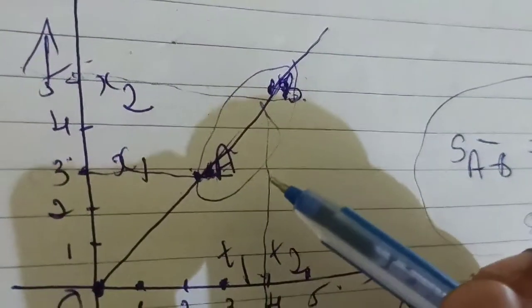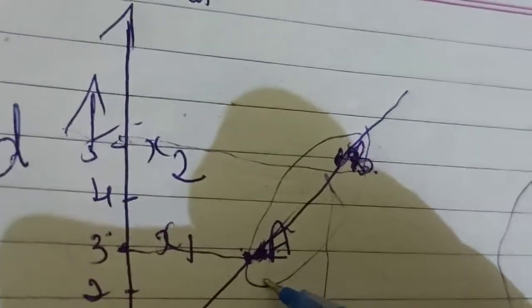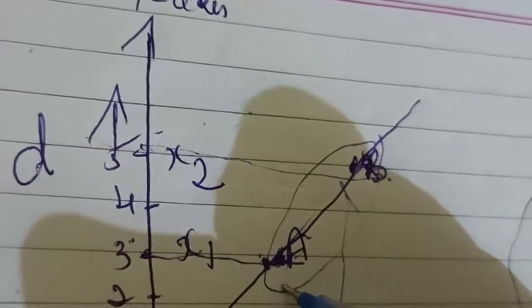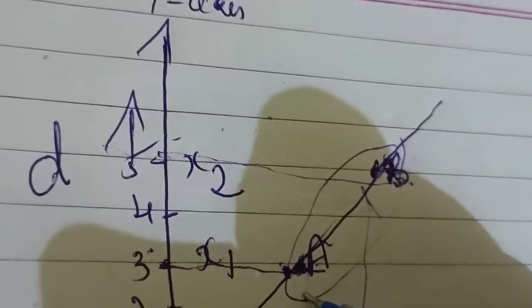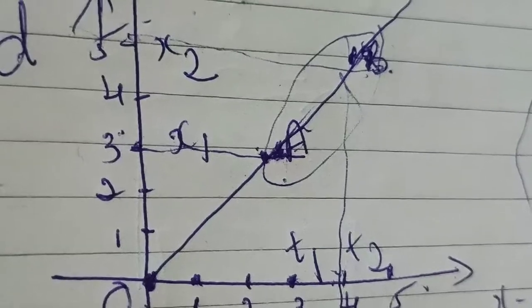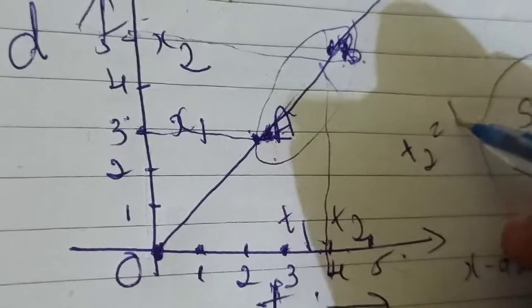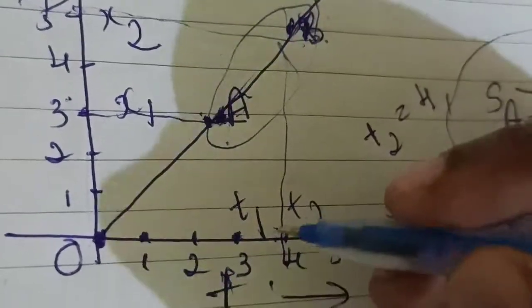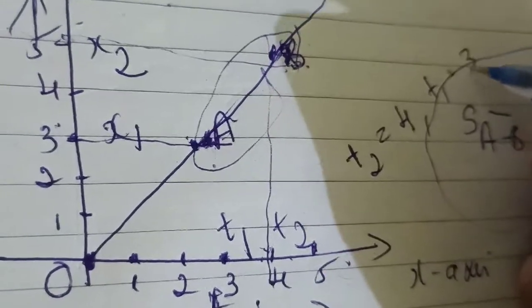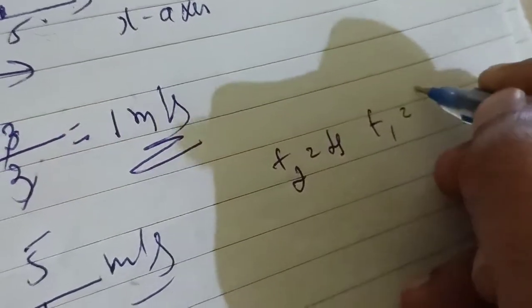So if you see here, we have taken the coordinates, isn't it? The coordinates from B we have taken and minused the coordinates from A. Now if I speak about the coordinates, it tells about from this point to this point how much is there. Suppose I take T2 as 4 and T1 as 3, okay? Let's write here, T2 is 4 and T1 is 3.